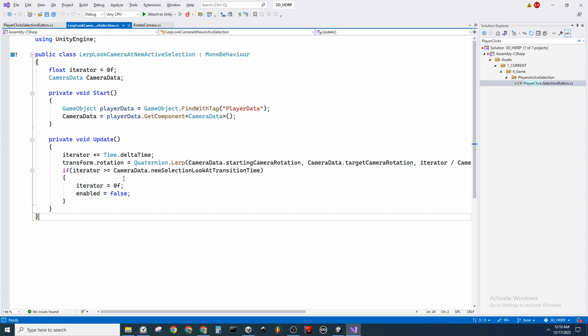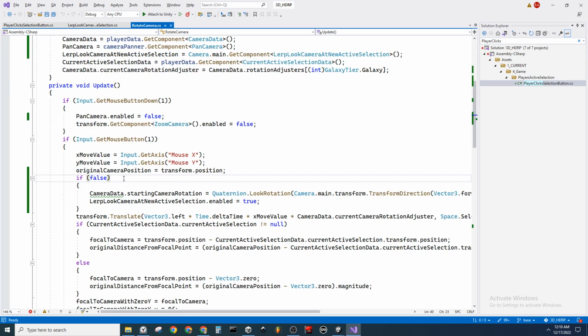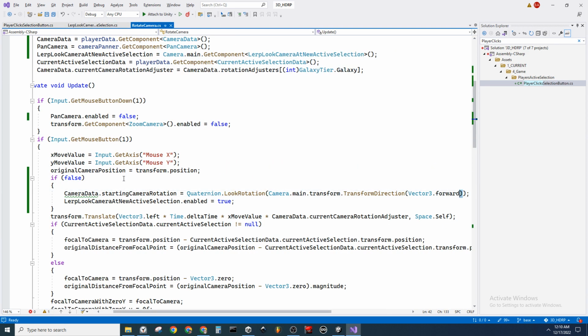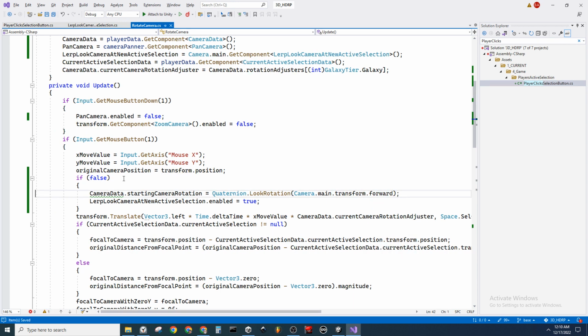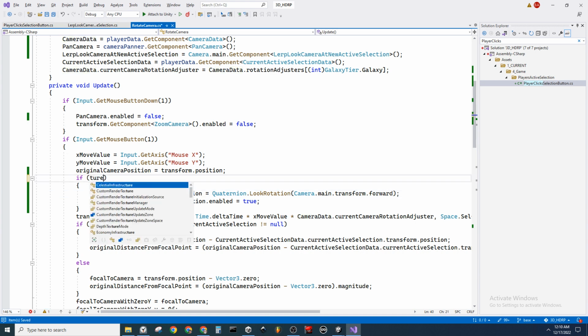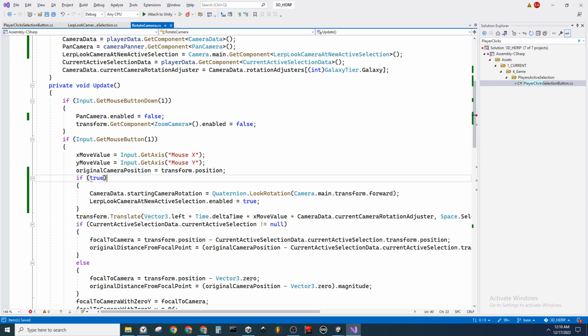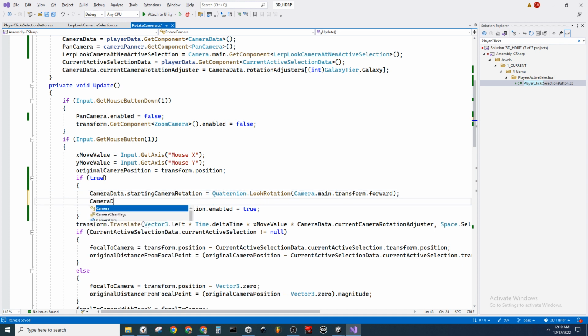So camera main transform forward. Same thing here. We can just say camera main transform forward. We don't have to use transform direction. And what does this give me green for? Oh, yeah, it's unreachable. That's true. Sorry. So the starting rotation is the camera's forward, and the target rotation is